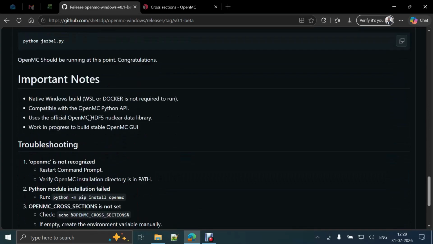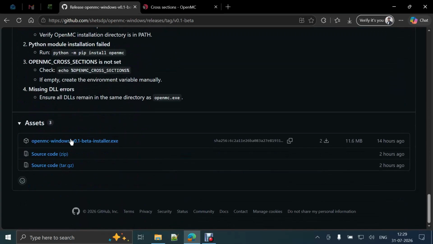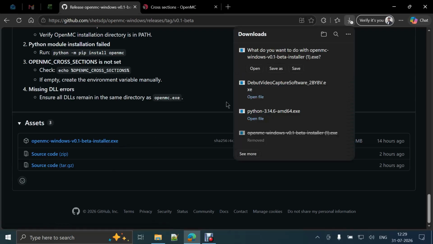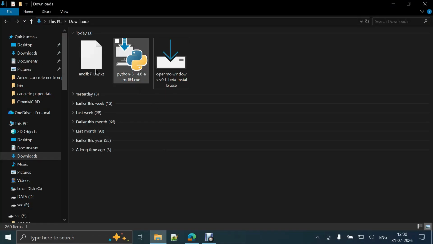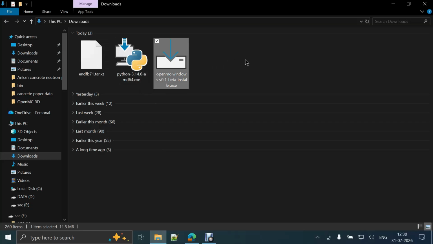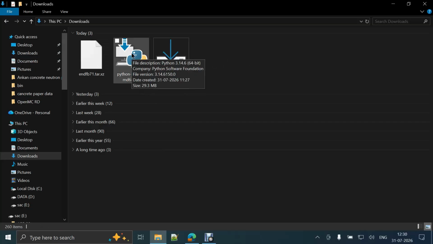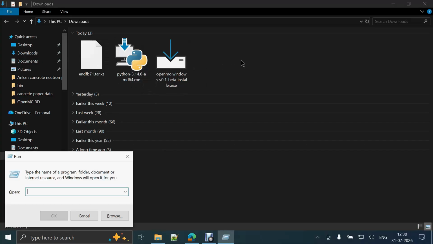So scroll down and you will get the OpenMC Windows installer executable. Just download it in your system, save it. So after saving, the first thing you have to do is install Python and configure the ENDF cross sections. I have already extracted all the